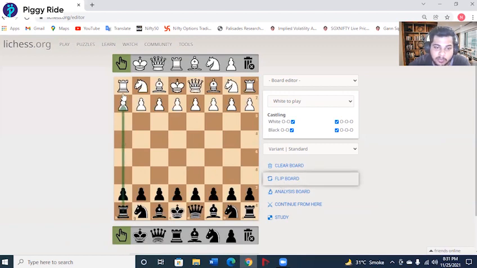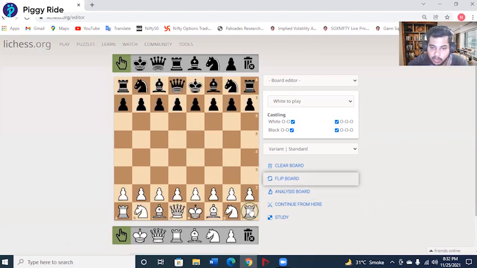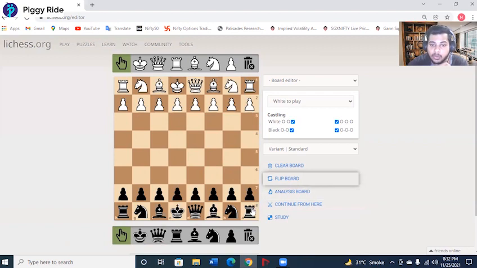See, the left one has now been changed to the H file and the right one has been changed to the A file if you're playing as black. While the files have been interchanged, the ranks have been changed as well. So now here you see it used to be the first rank over here. Now it's the 8th rank. So now you go down the numbers 8, 7, 6, 5, 4, 3, 2, and 1. That is how the board is set up.